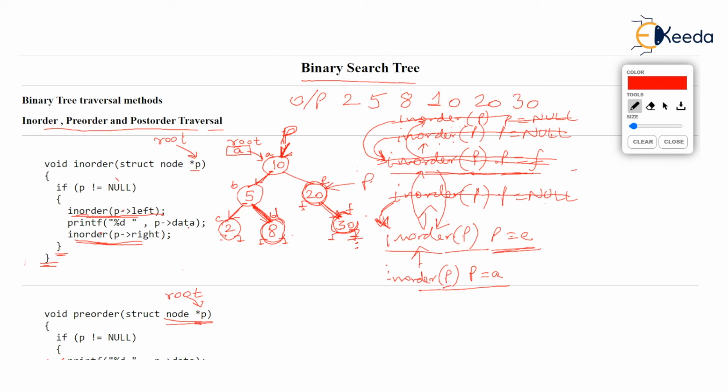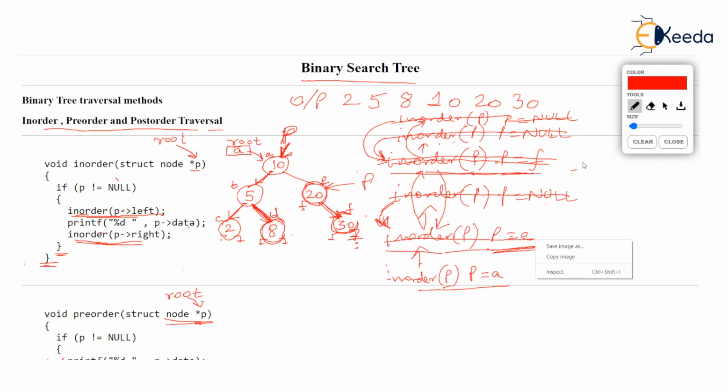If in order for p equal to e resumes, from which line will this function resume? Yes, this will resume from the end of if and end of the function, because it is so easy. You have come back to 20 from the right child 30. So last time 20 has finished its right recursive call. So in order for p equal to e is also finished, isn't it?